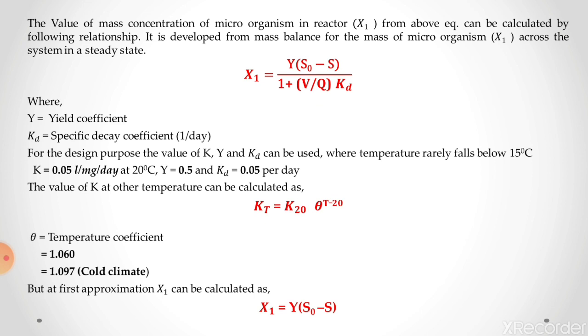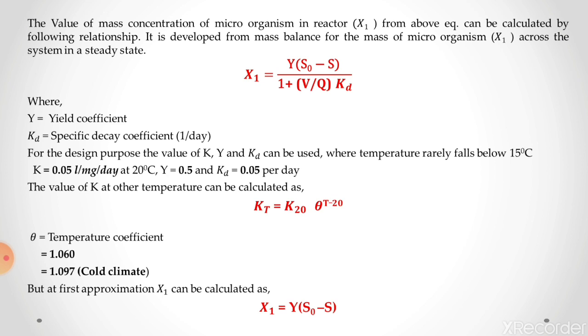It is per day. For design purpose, the values of K, Y and Kd can be used where temperature rarely falls below 15 degrees centigrade. The K value will be 0.05 liter per mg per day at 20 degrees centigrade, Y is 0.5 and Kd is 0.05 per day. The value of K at other temperatures can be calculated as Kt is equal to K20 into theta raised to T minus 20, where theta is the temperature coefficient